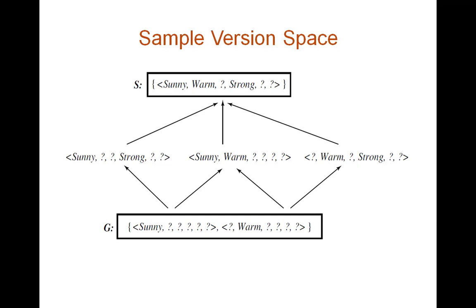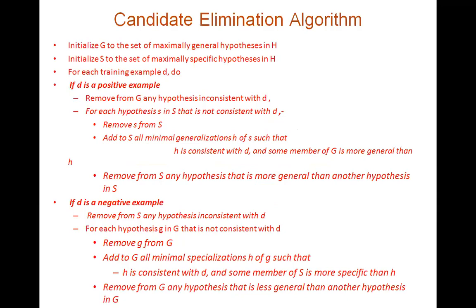So in Find-S, only one hypothesis you are getting, which was not enough. In candidate elimination, you'll get all the hypotheses that are consistent with the given training data. To derive the version space, we have an algorithm called the candidate elimination algorithm. Again, in the exam, either they will ask Find-S algorithm or they will ask you candidate elimination algorithm. They will give the data set, they will ask you to apply the algorithms and find out the version space or hypotheses that are consistent with the given training data.